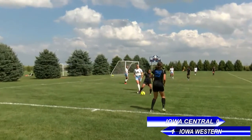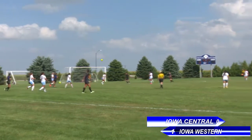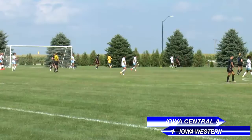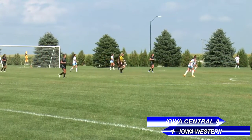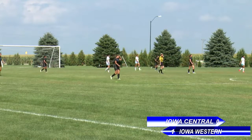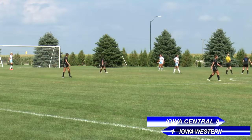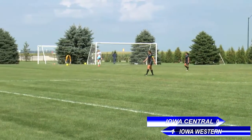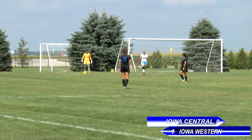Again, smart defensive play there by Woodcock. No reason to turn around and try to beat your defender out. Now this picked off beautifully. Nice cross, but unable to finish it on the header. That was dangerous looking. That cross was shoulder high and through the middle of the box to an unmarked woman, but not able to put her hat on it. 15 minutes left. And with the goal, Iowa Western still putting the pressure on Iowa Central,